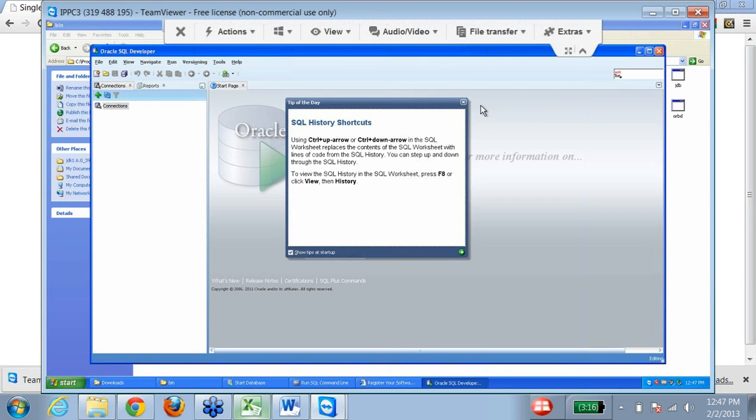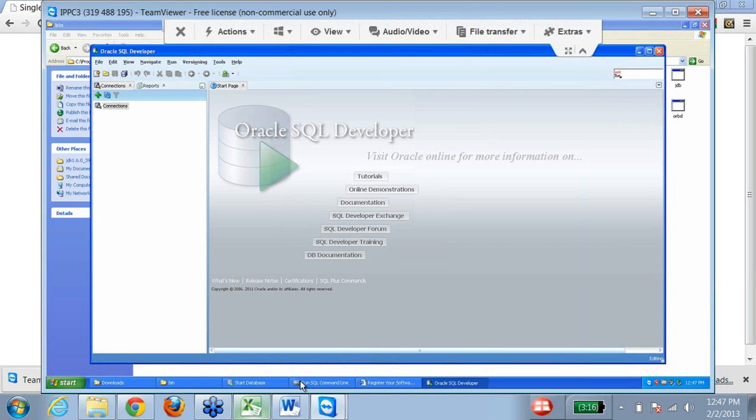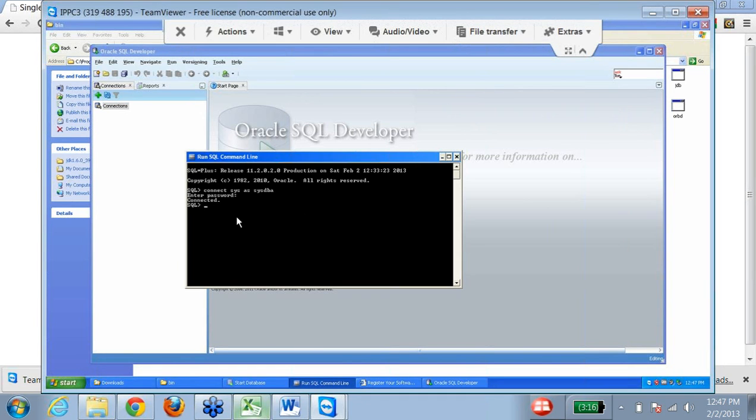Before making a connection, we have to do certain other things also. So go back to your command line and type alter user HR, first you need to unlock it. Alter user HR account unlock.